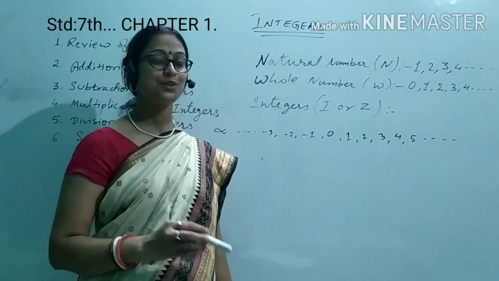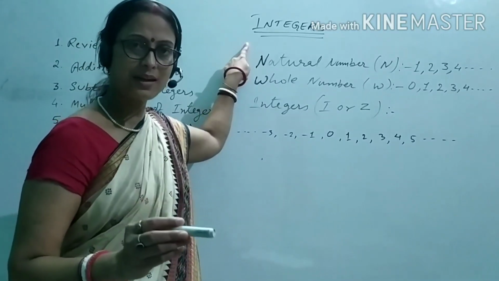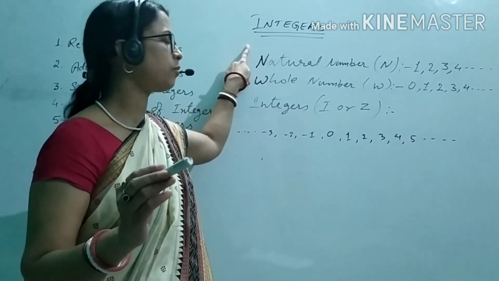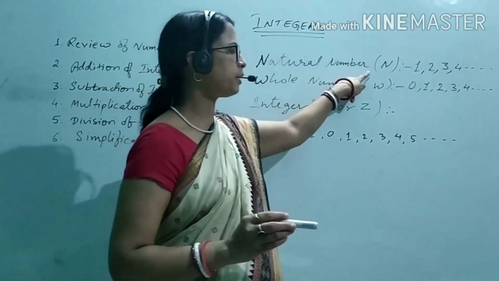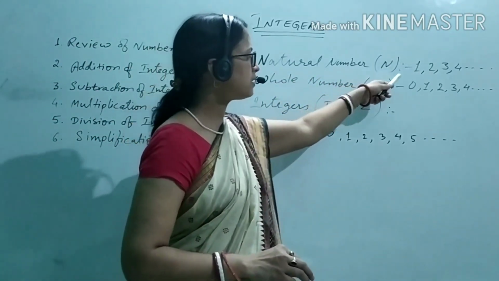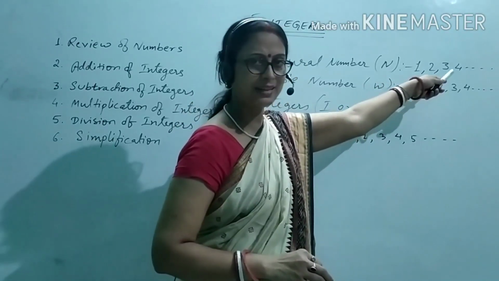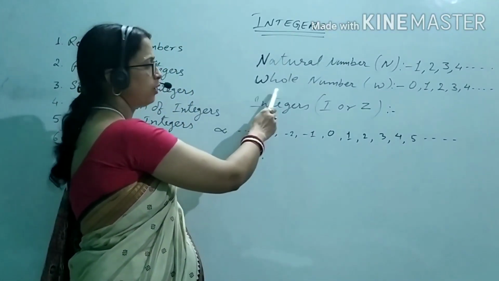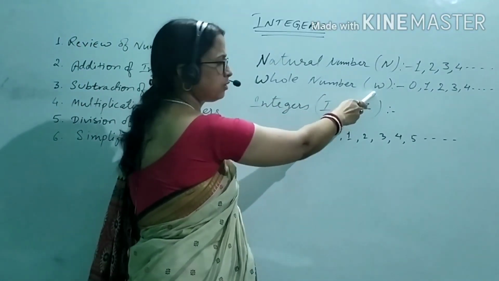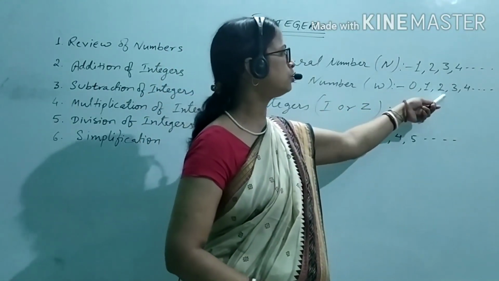Hello children, today I am going to begin the topic integers. Before starting integers, I would like to call some of the numbers natural numbers. Natural number is denoted by N and starts with 1, 2, 3, 4 and continues till infinity. Then comes whole number. Whole number is denoted by capital W, which begins with 0, 1, 2, 3, 4